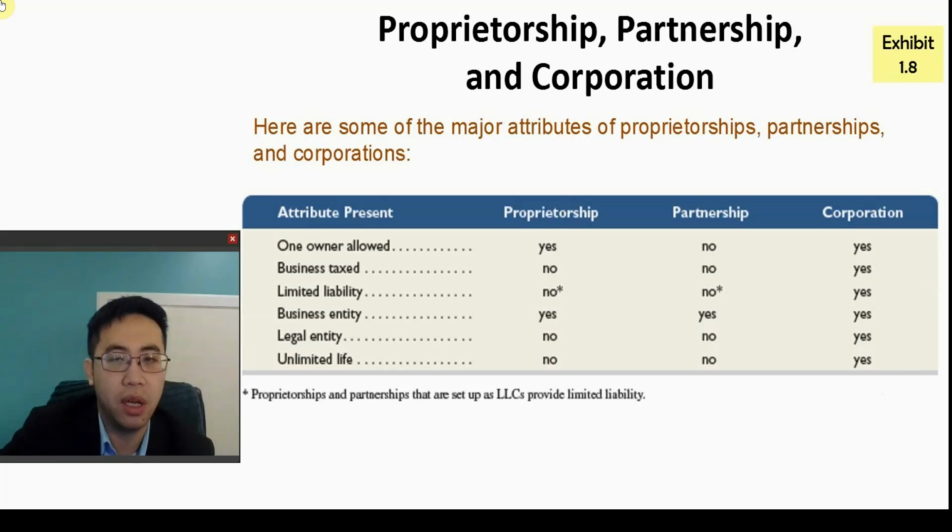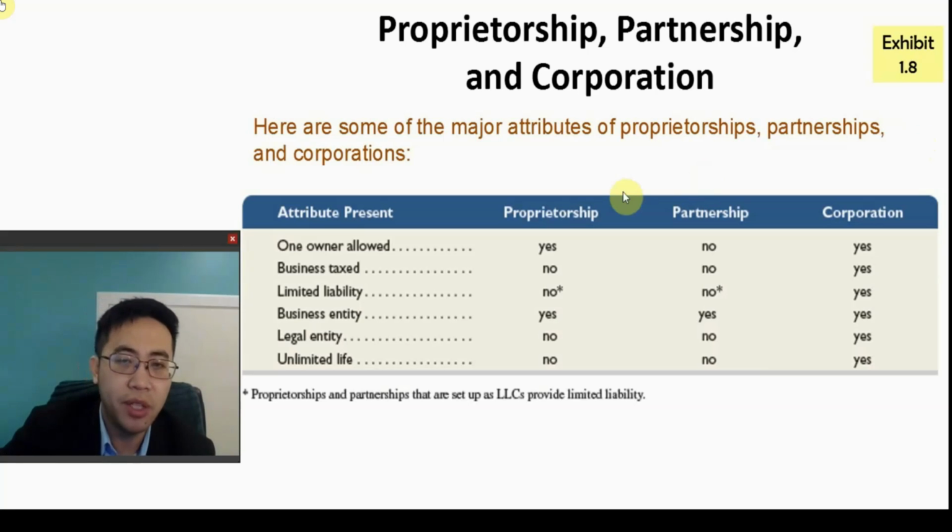The only situation a corporation can die is that it falls bankrupt. It's a bad operation. It just keeps losing money. But it does not die because certain owners of the corporation fail or quit, or certain managers of the corporation fail or die or quit. So that's the major aspects for the business entities.